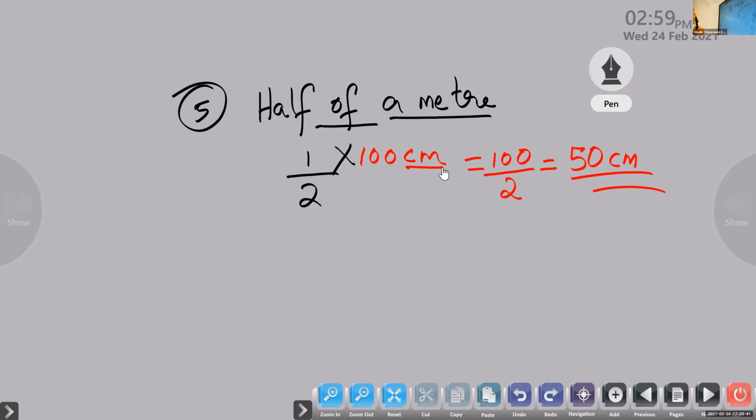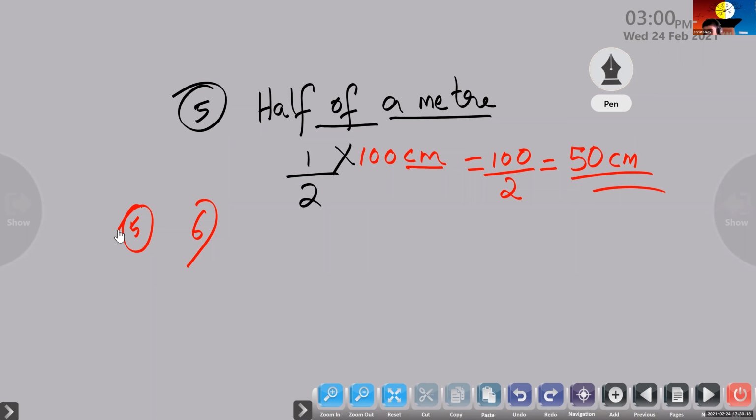I want all the children to write this along with revision in the rough book. Also we have to write this question from the workbook. Only some questions we will write. Christo, question number 6? No, from question number 5 from your workbook. Question number 5. Ma'am, who should read? You have to read, no, Christo? Question number 5.